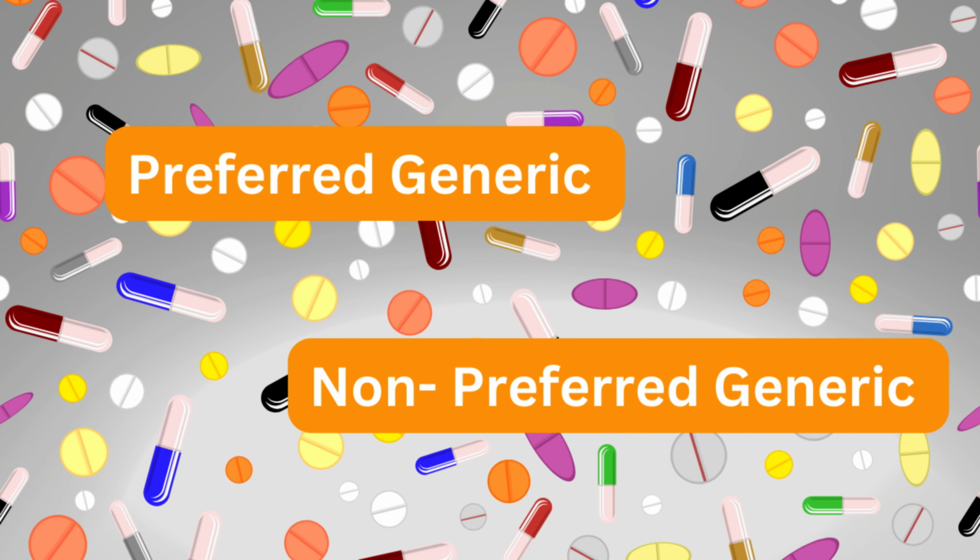Some plans separate them, tier 1 and tier 6, specifically to designate that these are select care drugs. So it's not as common for plans to actually divide between preferred generic and non-preferred generic, but they may. And generic is, of course, prescriptions that are off-brand. They are the generic version of a brand name prescription. These could be anti-inflammatories, antibiotics. These could be medications to manage your cholesterol or your high blood pressure, as long as they are a generic